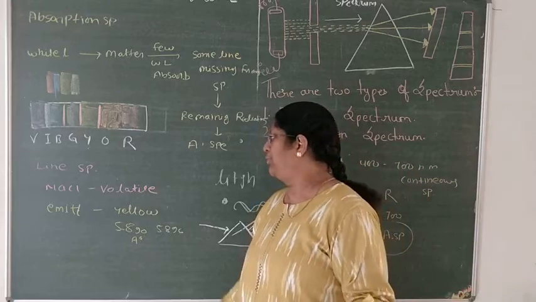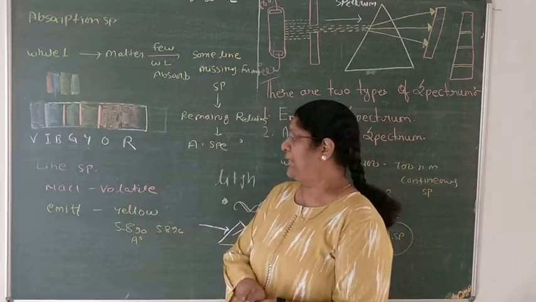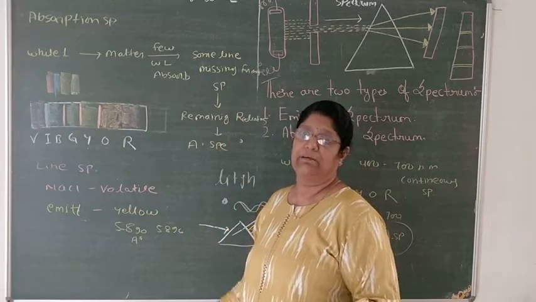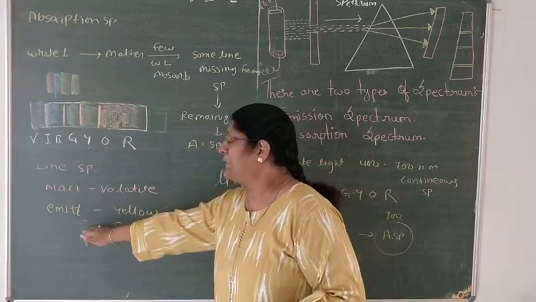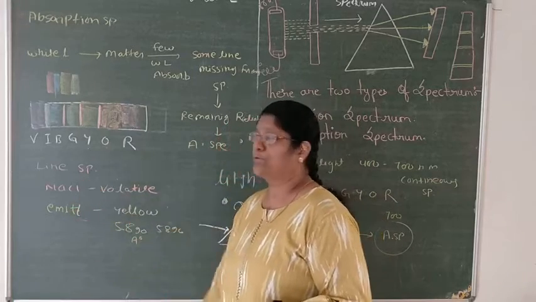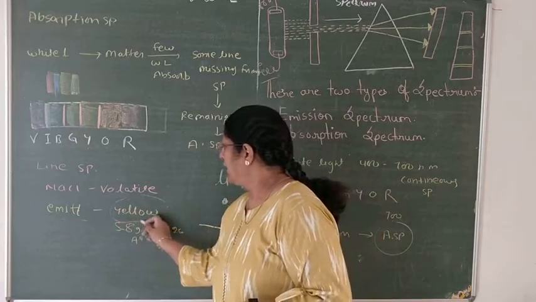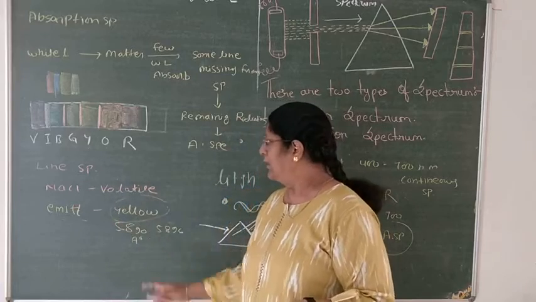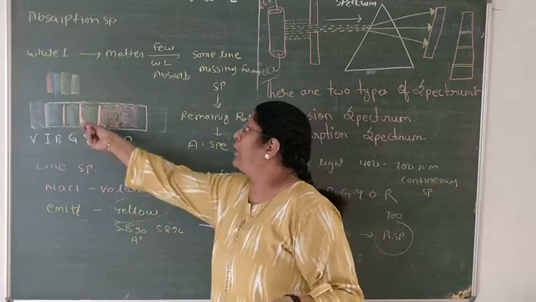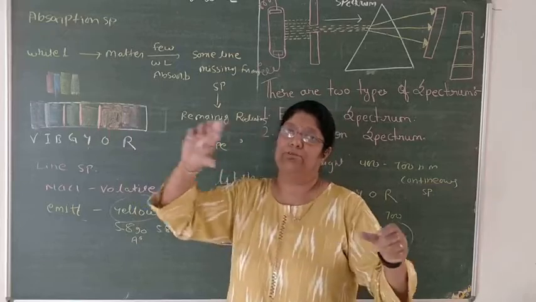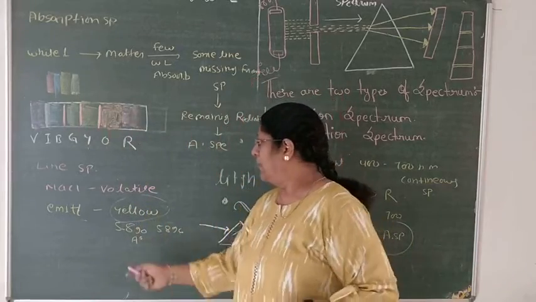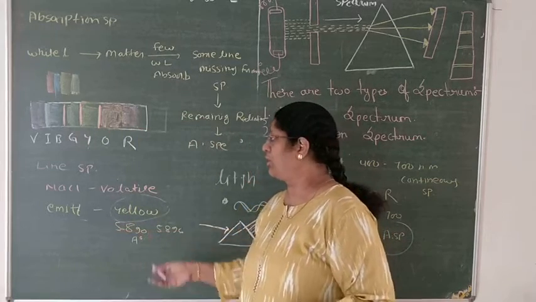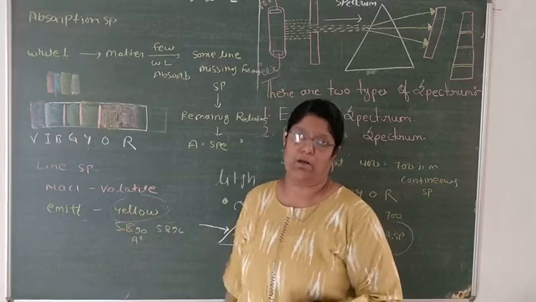That I already taught you. So after that time period, when they come back, they will release an amount of energy, they will emit energy, and in case of sodium chloride that radiation is in the yellow portion. The rest of the light is absorbed by NaCl, and these two yellow lines will be seen in the spectrum. The whole range will be black and two yellow lines will be there. The range of the yellow lines is 5890 and 5896 angstrom. That is known as the line spectrum of sodium.